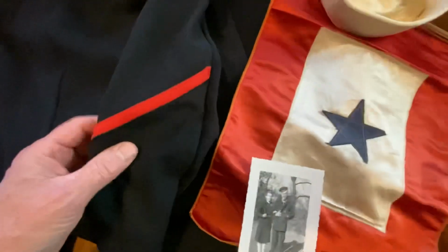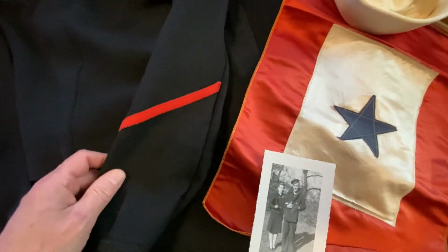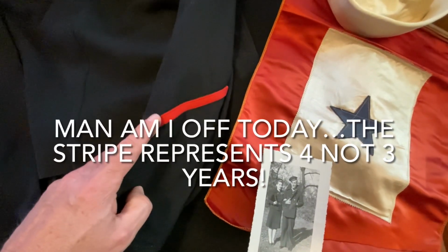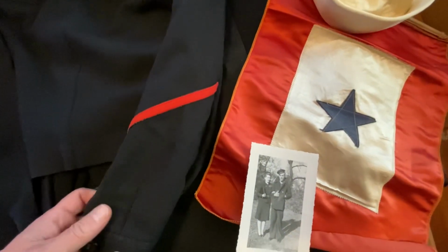And then we have his service stripe. He was in pretty much for the duration, so almost 6 years, but not quite enough to get 2 stripes. So he only got 1 for 3 years. The trousers that go with this